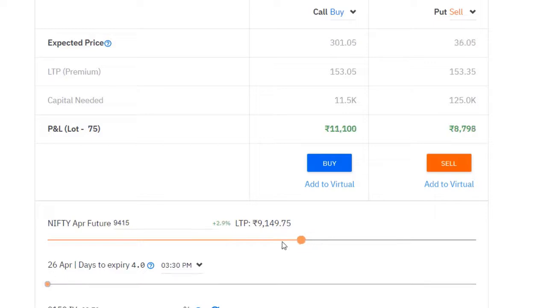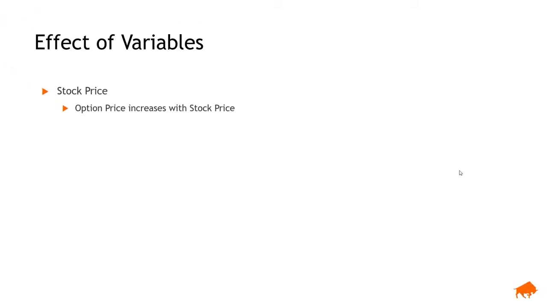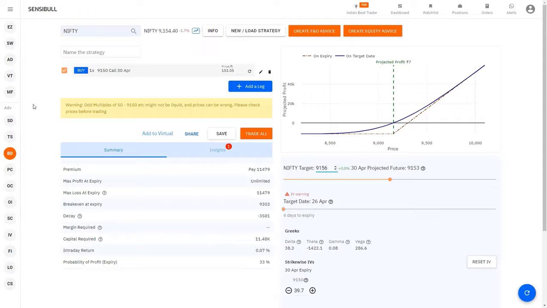Now let's look at it with 0 days to expiry, or let's look at it today itself. You can see that this price is going up, option price is going up, this expected price goes up and you make profit. Or let's put it another way, right? Now the option is trading at 153 and when the expected price is 154, you make around 2 rupees. That's just 75 into 2 roughly. So with every point move in Nifty, the expected price of the option also goes up or down, which results in your P&L. So when stock price increases, the option price also increases, right? Very simple.